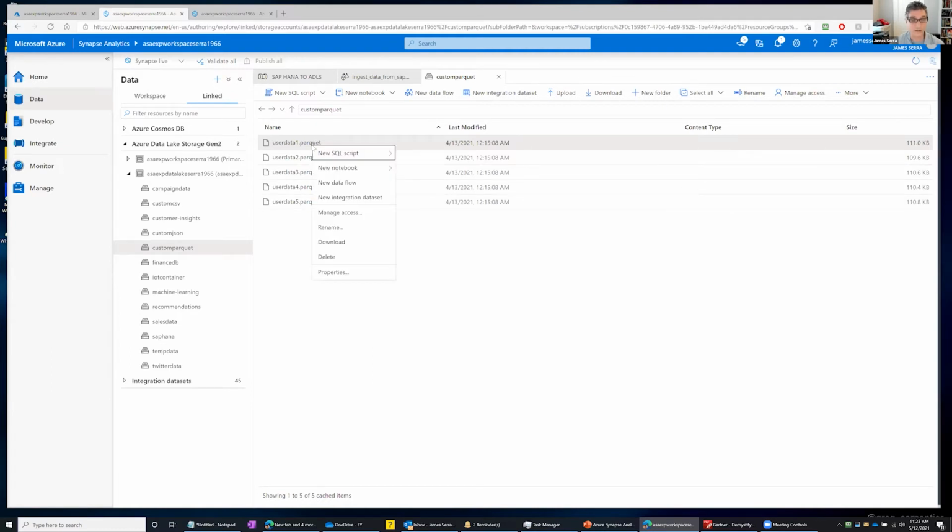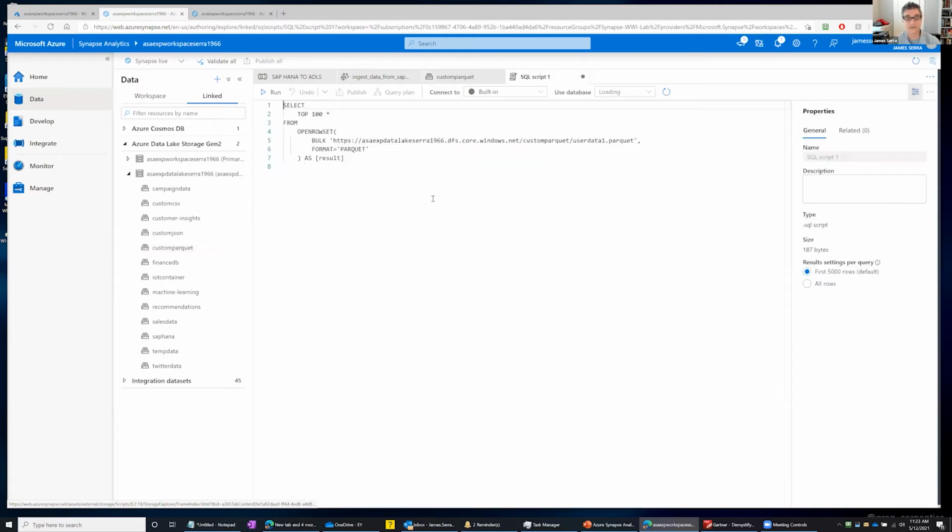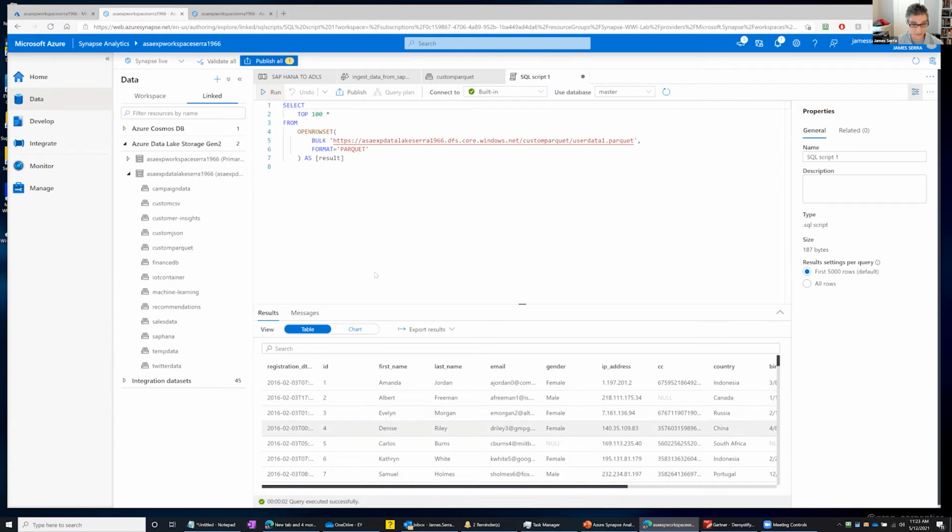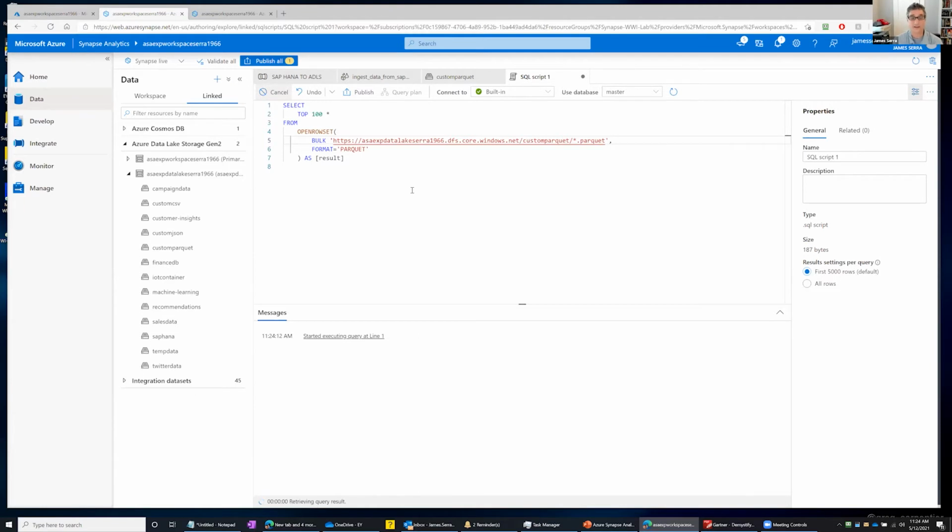Now what I can do is if I right click this, you'll see I have an option, new SQL script, and select top 100. If I click on this, and I run it, you'll see it's using this built-in connection here. And within 2 seconds, it queried the file. And the magic is this OPENROWSET where I specify where that file is I want to query. And I can even come in here and say, well, I don't want to use just one file. I want to query everything that's inside of that folder, that's Parquet. And I can run that, and it's going to return the results of the dozen or so files that I have sitting out in there.